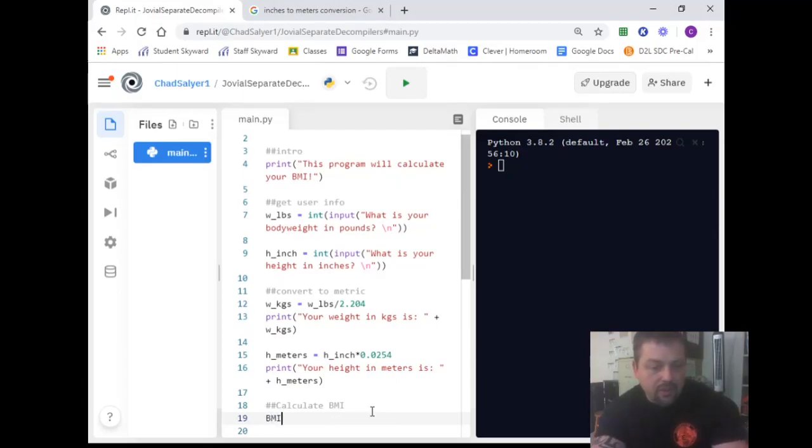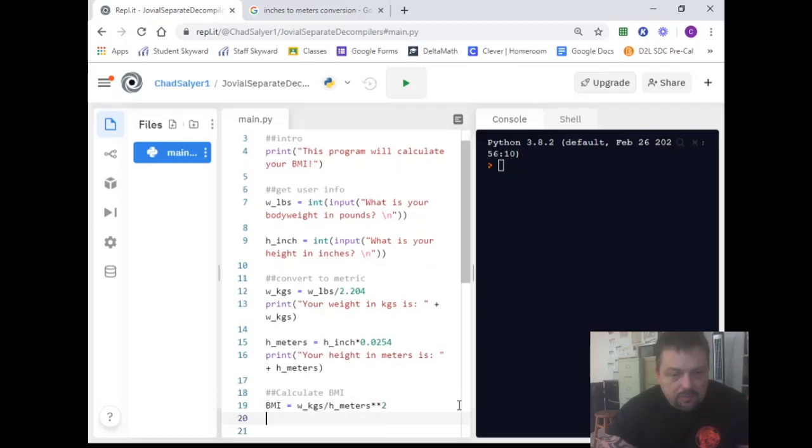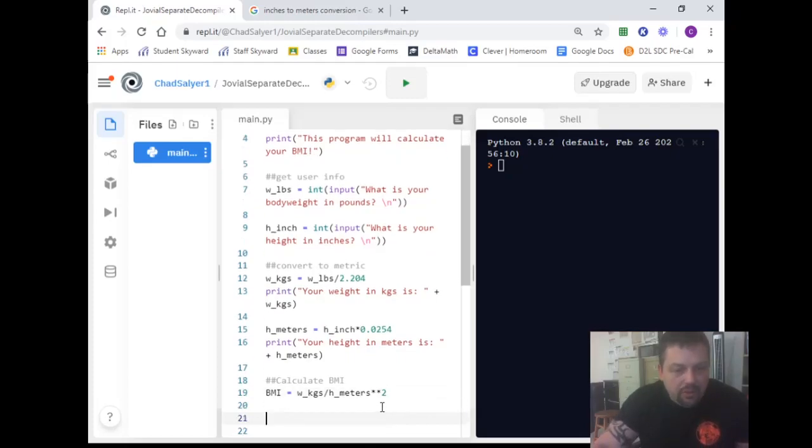So I'm going to name this variable BMI, and I'm going to do the weight in kilograms divided by the height in meters to the second power. And the way you do that in Python is like this. I believe that will do it.